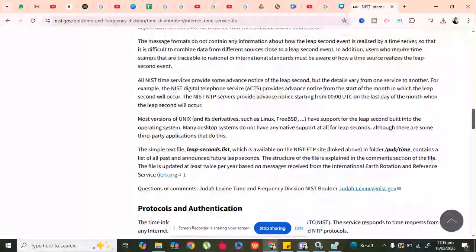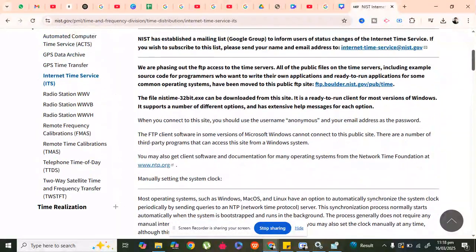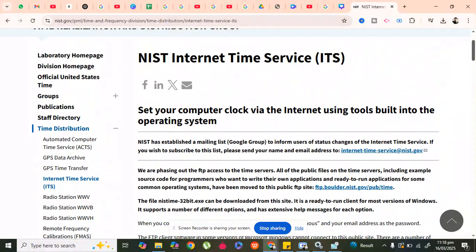Scroll down and check where you can download this. Then download this and your issue will be fixed. After downloading, install it on your system, and basically what it will do is